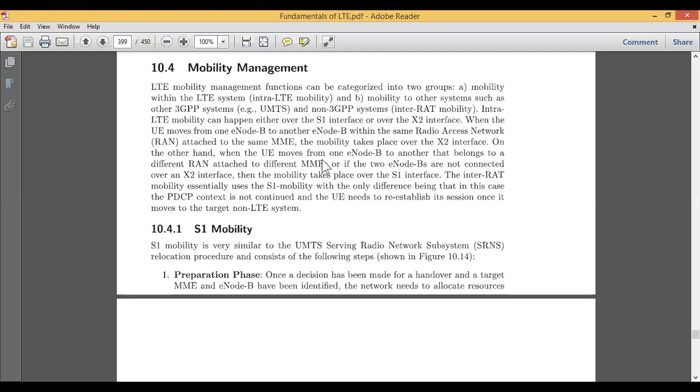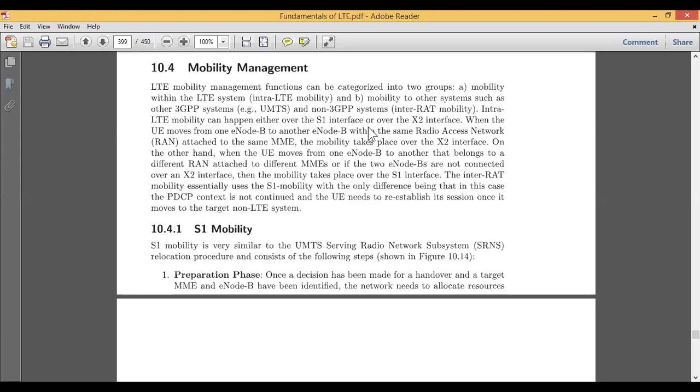Now, within intra-LTE mobility, we have two interfaces, the S1 interface and the X2 interface. When the LTE is working in the S1 or X2 interface is more important.